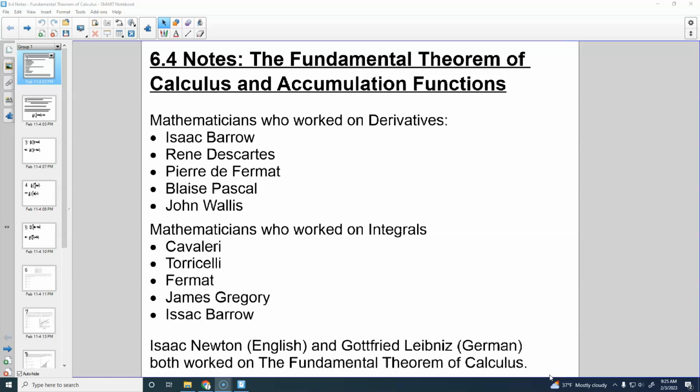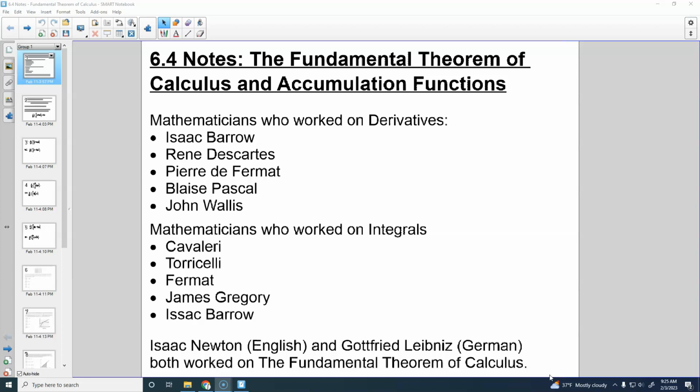And he did all this work on calculus and had discovered that integrals and derivatives were inverses of each other, and was developing rules for how to do these different calculations. And he had come up with all that. Meanwhile, in Germany, Gottfried Leibniz began his work on calculus and figured out basically the same stuff Isaac Newton had figured out. And Leibniz published first. So he published his work before Newton, although it is said that Newton began his work before Leibniz.